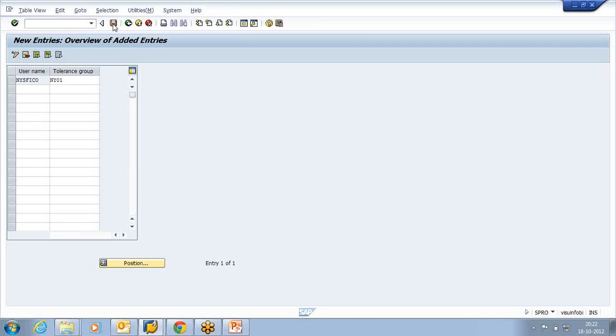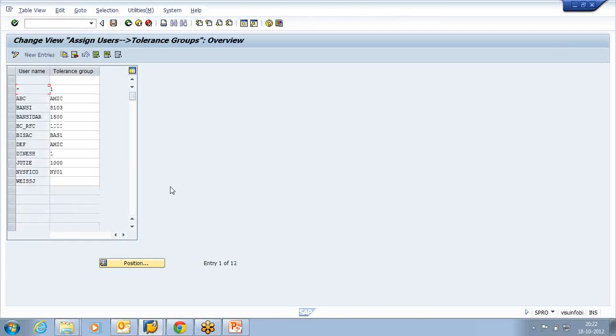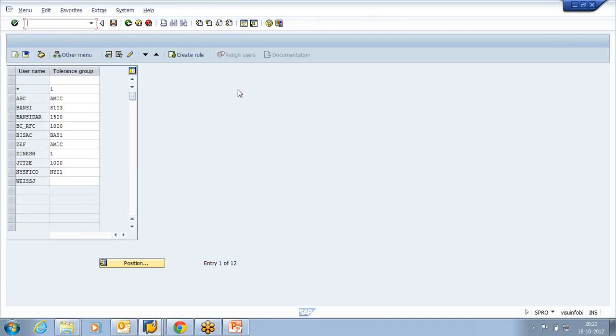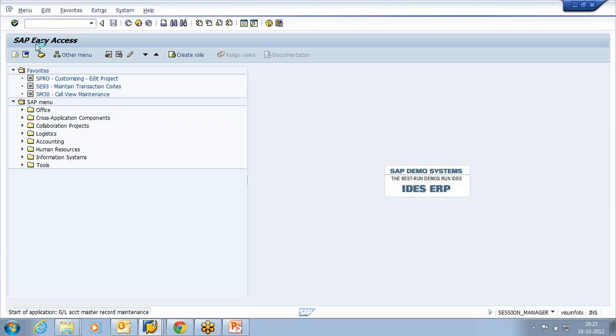So I create one account. This is the GL account screen, and if you want to create with reference, you click on template and you will get this. You give the GL account from where you want to create and the company code, and enter. Basically all the details are copied. Then you can change the